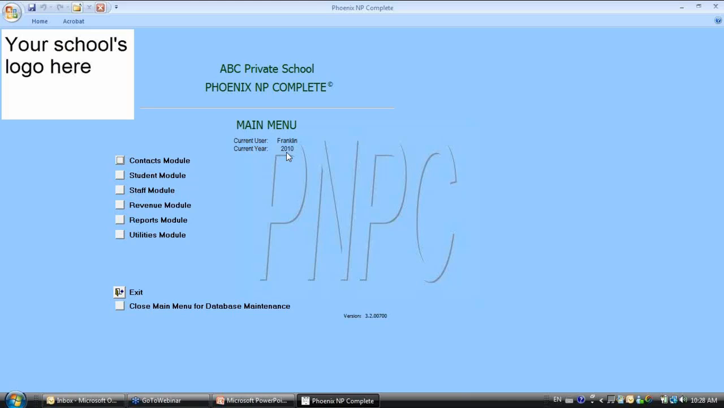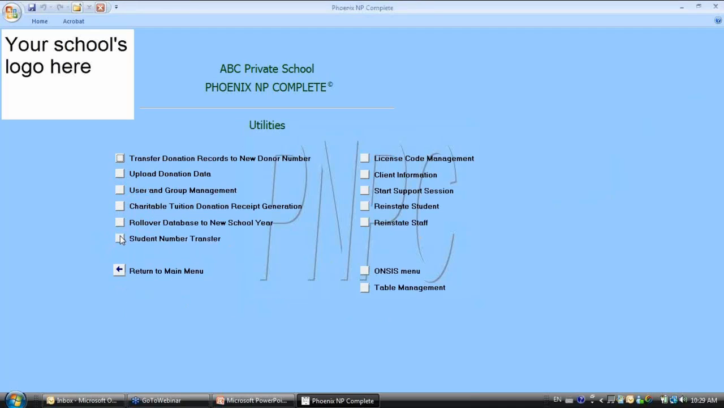Students are migrated from one grade to the next year over year, but also staff. Staff are migrated from one year to the next. Staff members may decide to come back next year. Staff members may not come back next year. So Phoenix NP Complete in the Utilities module does have functionality to roll the database